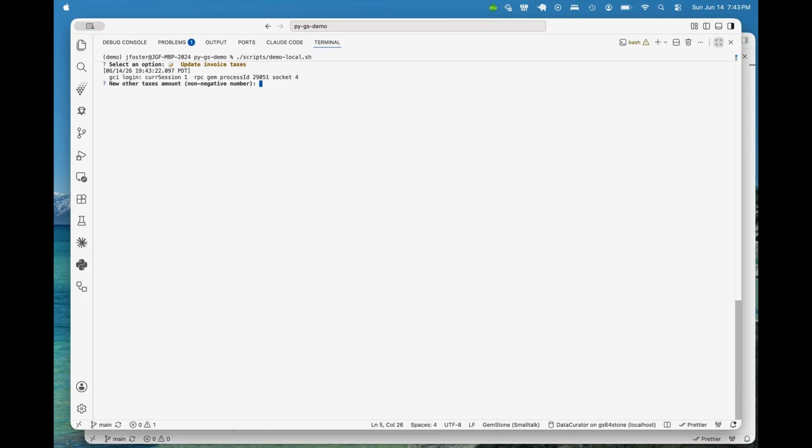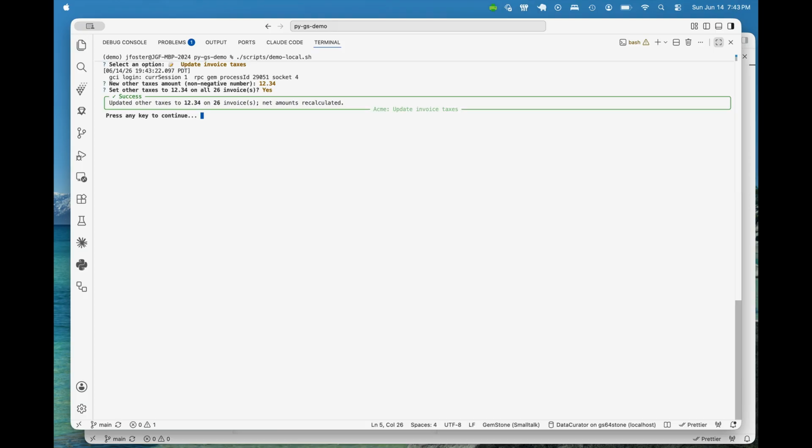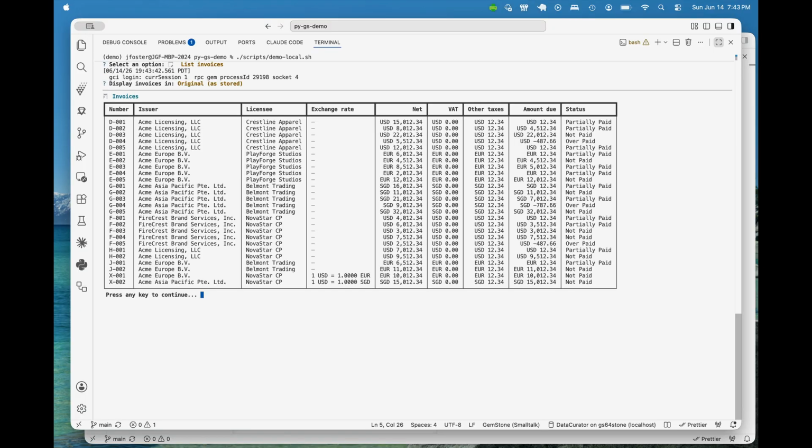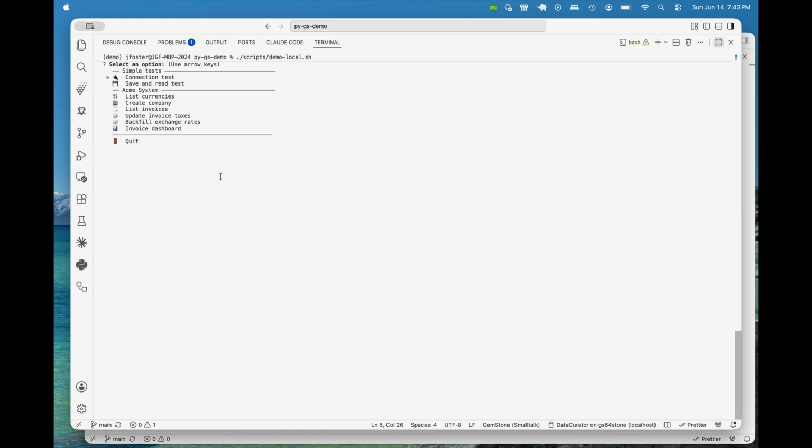We can enter taxes. So here I'm going to put in a value that I would like to be applied to all the contracts. It says that it's done so. So we'll go take a look at the list of invoices and see if the taxes has been updated. It has. Then we'll go look at the exchange rate